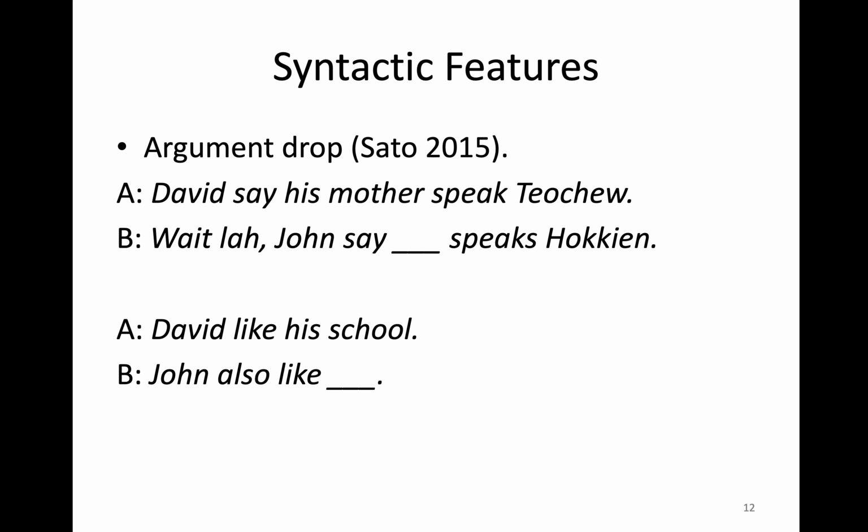One, David likes his school and John also likes David's school. And then another reading where his in the ellipsis site corresponds to John. So David likes his school and so does John. That could mean David likes his school and John likes John's school, right? So there's those two readings, which make sense for verb phrase ellipsis, because we know that there's a full representation of that verb phrase there, which is deleted, and so there's a pronoun in the his, which can naturally co-refer either with David or with John in that kind of context.